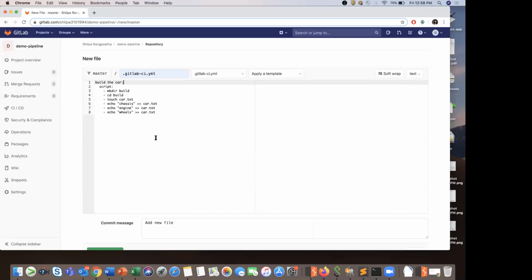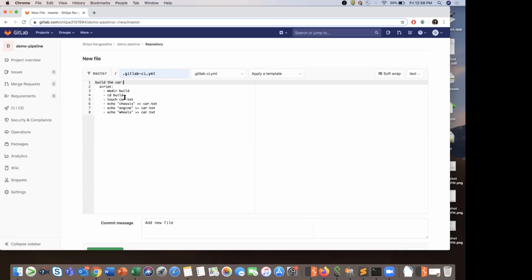Okay, so here our pipeline will consist of a series of steps, or a series of tasks that will be performed. Now, each task is responsible for a particular thing or a particular job that has to be done. So each task is given the name of a job here.